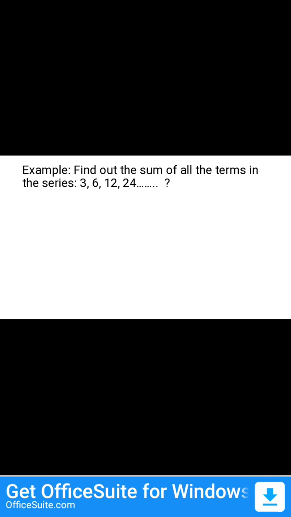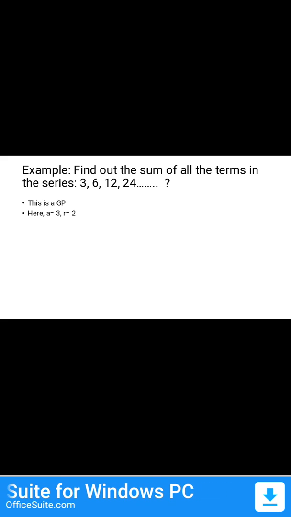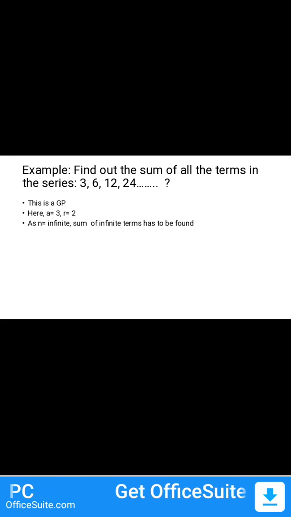All the terms in this series you have to find out. Find the sum of all the terms, and the last term has to be infinity. So that is why it's going to be an infinite series, and that is why the formula here would be slightly different. So first thing that you have to again cross check is whether this is a GP or not. So it is a GP. 6 by 3 is equal to 2, 12 by 6 is equal to 2, and 24 by 12 is equal to 2. So r is equal to 2, common ratio, a is equal to 3, and n is infinite. Why? Sum of infinite terms has to be found. So n is infinite,